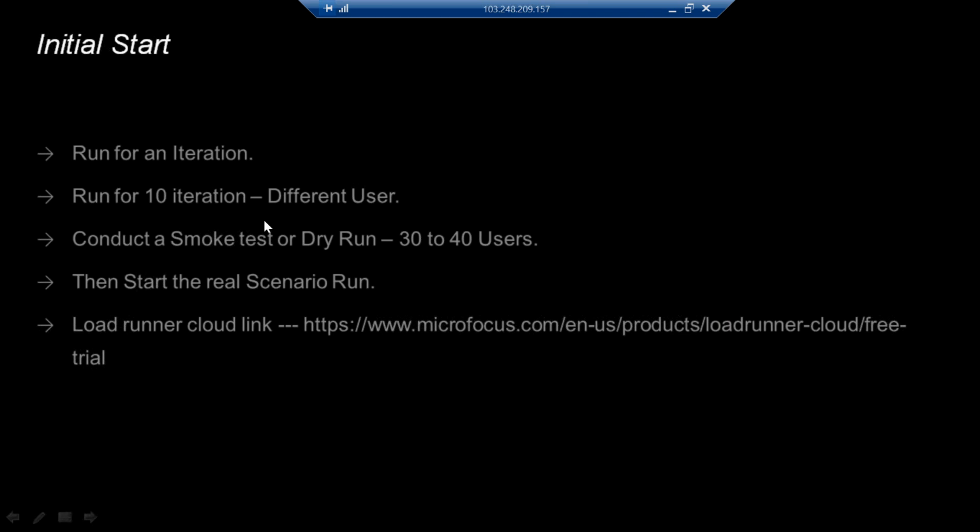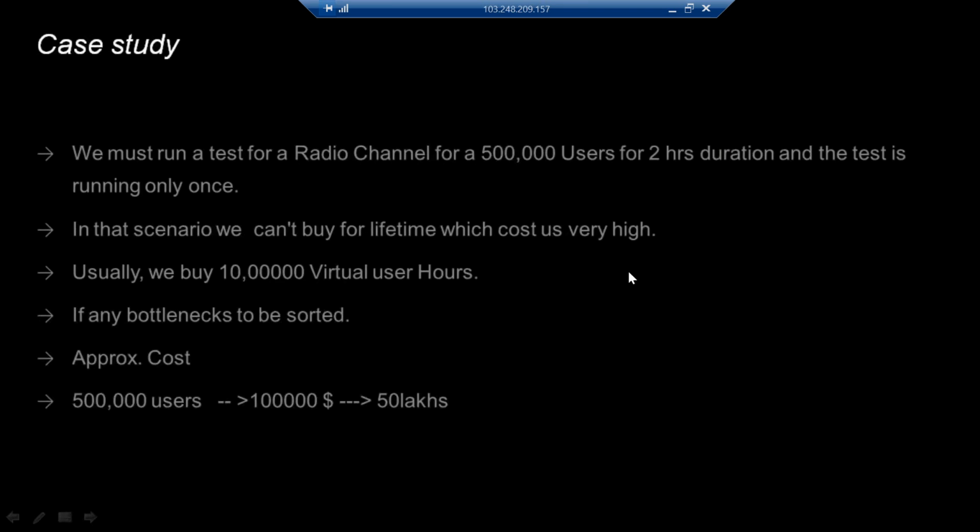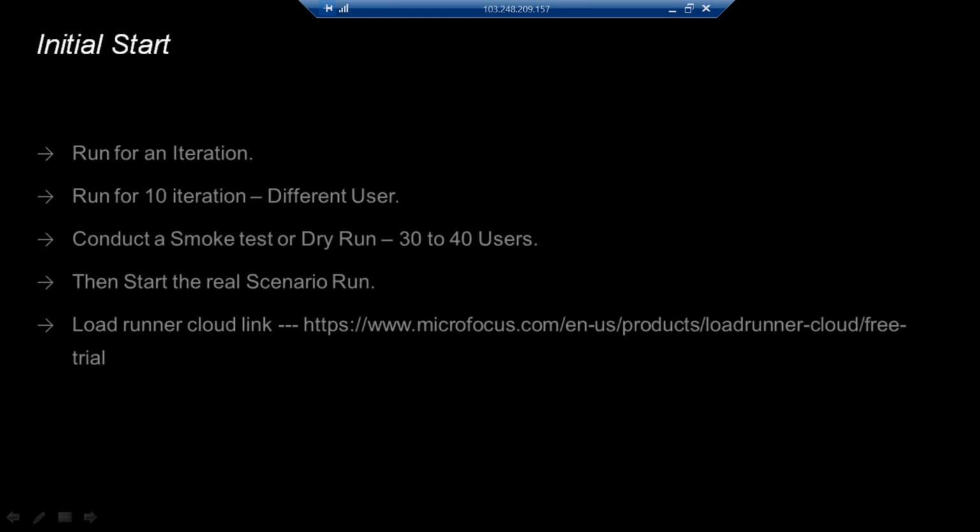It's like a dry run and smoke test to check whether the scripts and data and everything are set fine, because if the application is not just 500 or 1000 users but 5 lakh users, we have to be very careful while running the scripts. So start the real scenario.